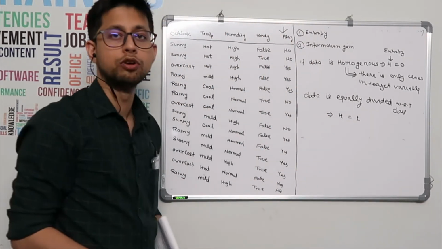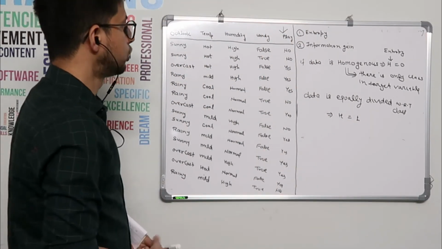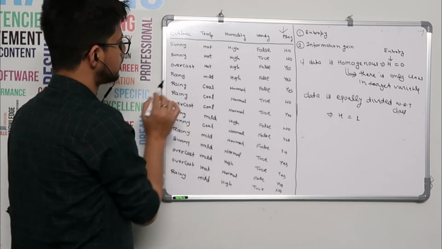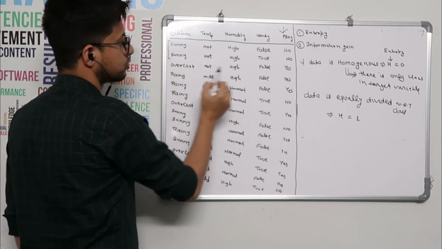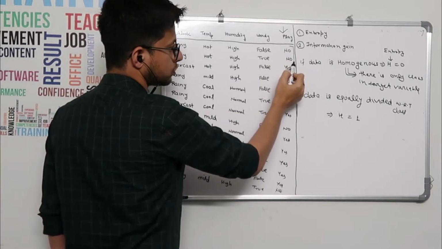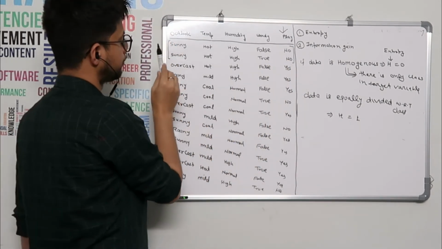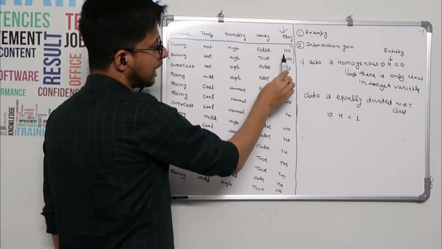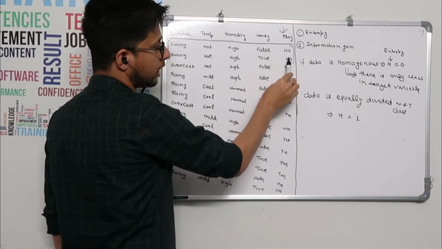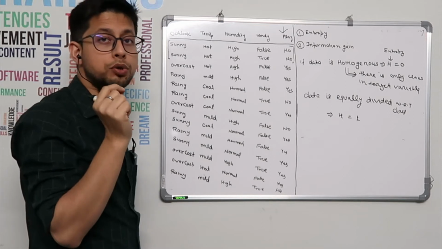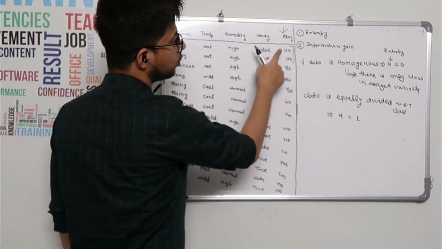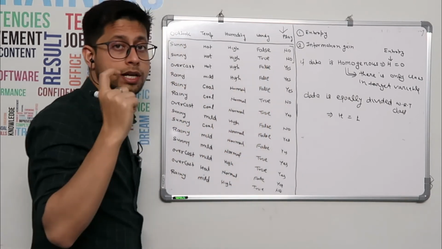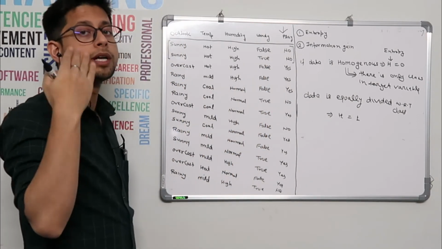So what does this mean, equally divided? Let's understand that one. If you consider only the first two rows for the time being, suppose your data contains only two rows, then you see here your data has only one class, that is no and no. It means with respect to the target variable, your data is homogeneous. If there is only one class in the whole of your data set, then entropy will become 0.